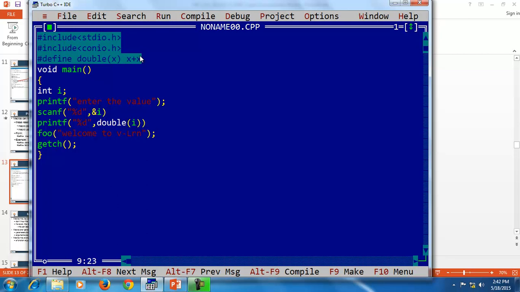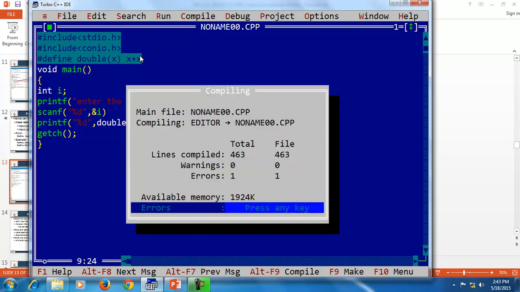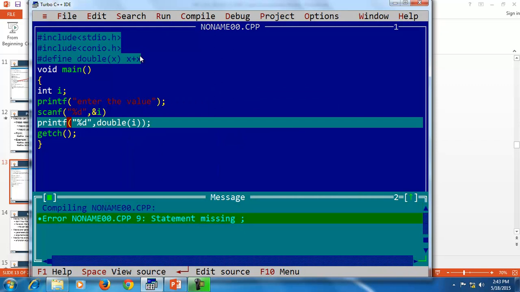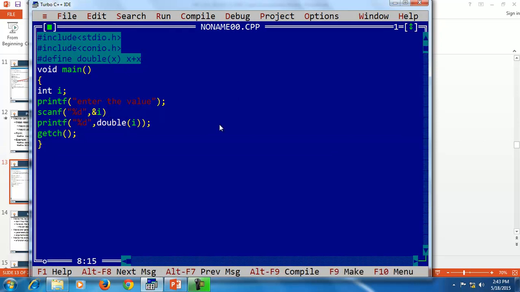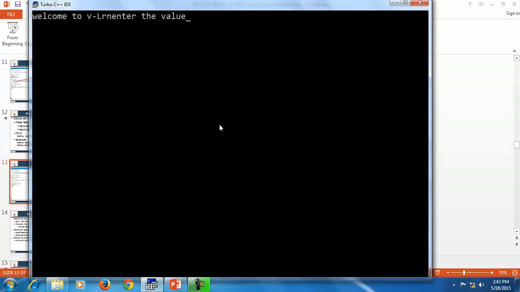I am calling the function here. Here a semicolon is missing. So it's showing me the message to enter the value. I have entered 10. It shows me 20.